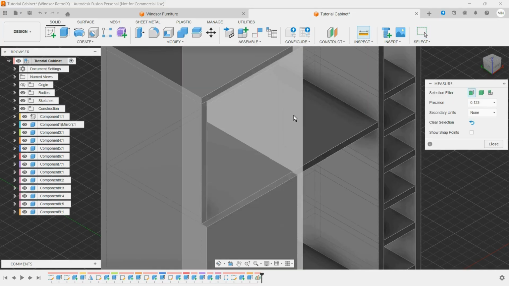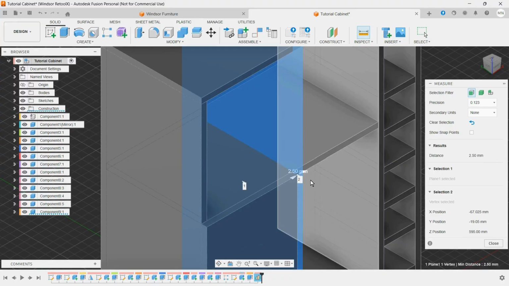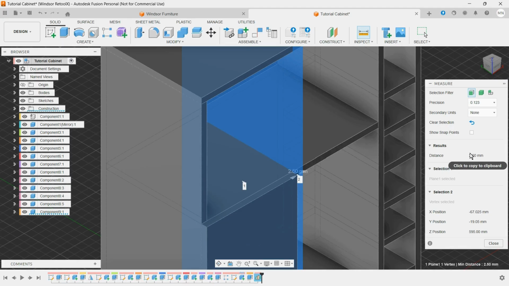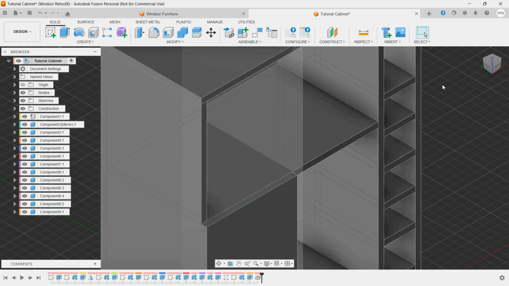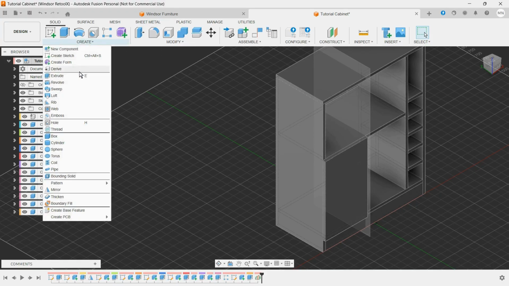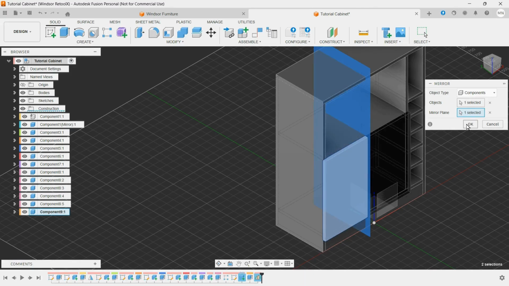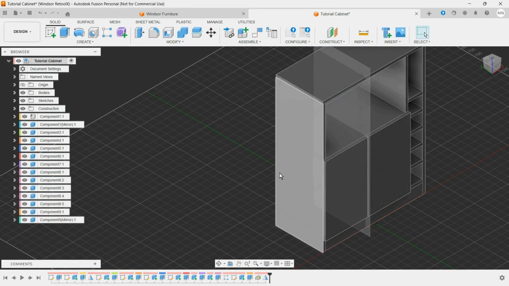We're going to do an inspection, select a point and the plane, and you can see 2.5 millimeters is the spacing that we have. Okay, so we're good to go. We just need to make our mirror the other door. Select that component, select our newly created plane, just click OK, and we have